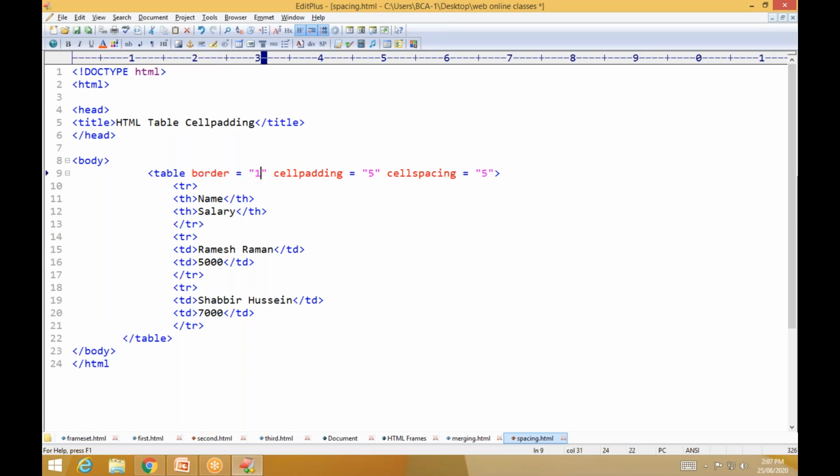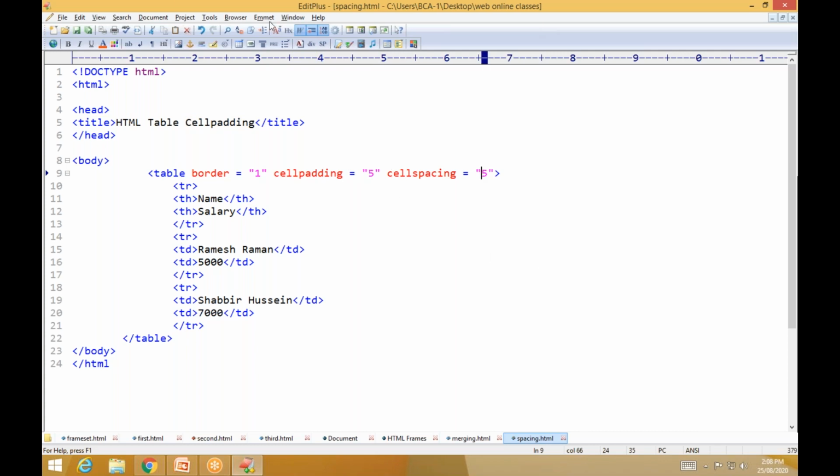If you want to give, for example, 10 px, that increases the border size or thickness. Here I just give 1. And cellpadding 5, I'm giving 5 space inside the cells, and cellspacing again 5.